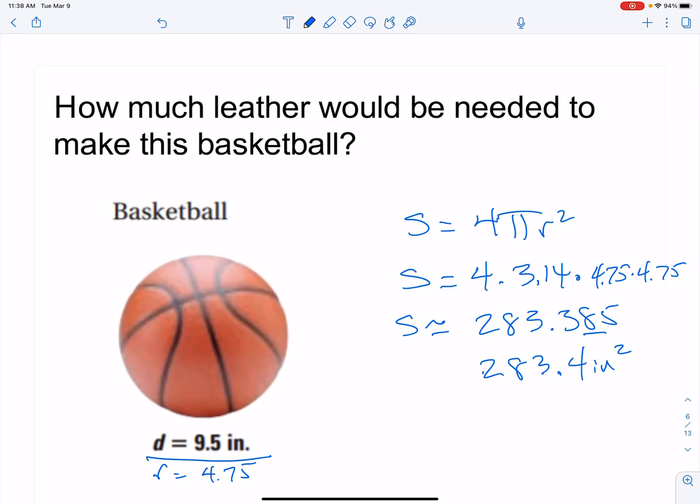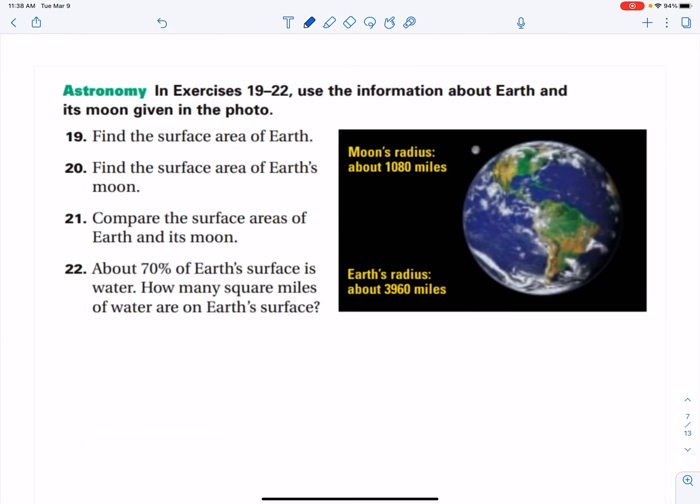So in order to make a regulation size basketball, you're going to need 283.4 square inches of leather to be able to put it all together. Okay, so let's do one more. Let's kind of look at the biggest